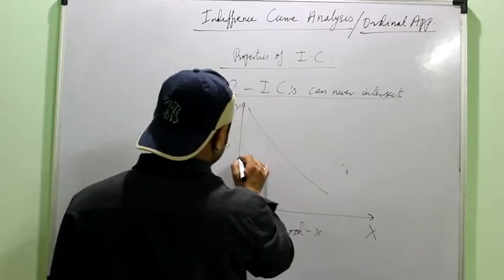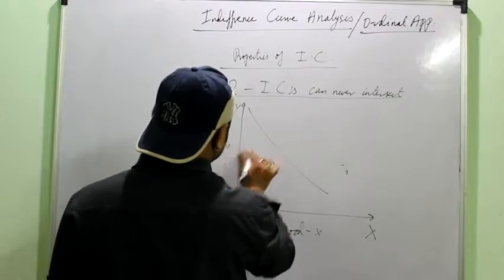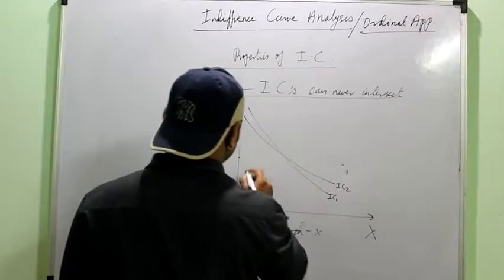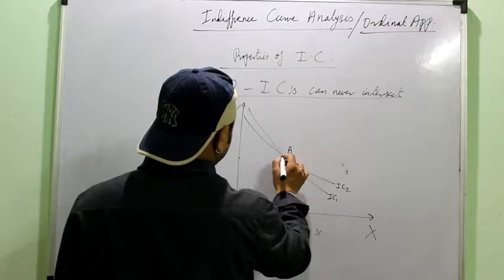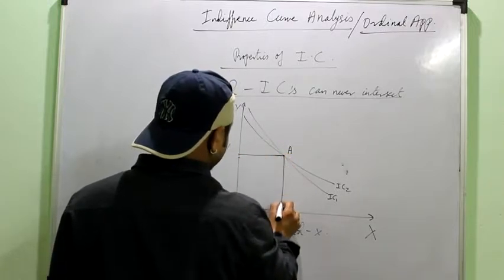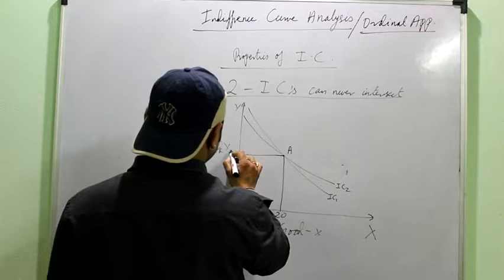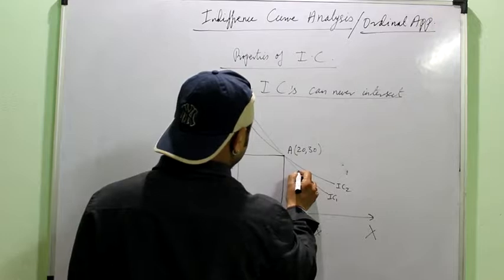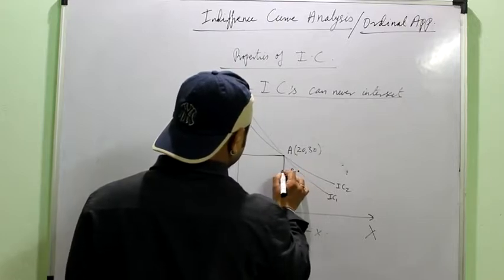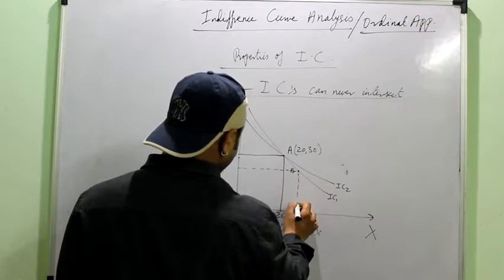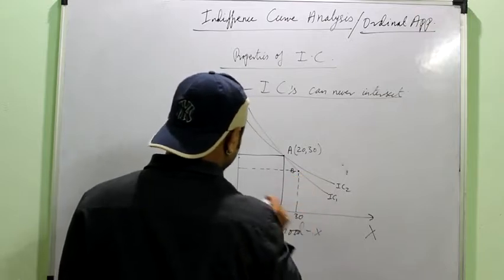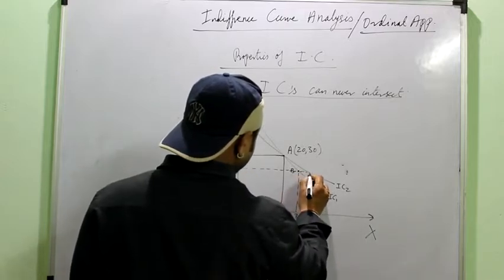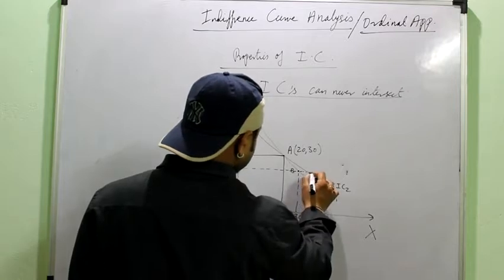Say this is an indifference curve, and this is another indifference curve, IC1 and IC2. Any point A, say 20, say 30. Then any point B, say 30 and 20. Then any point C,